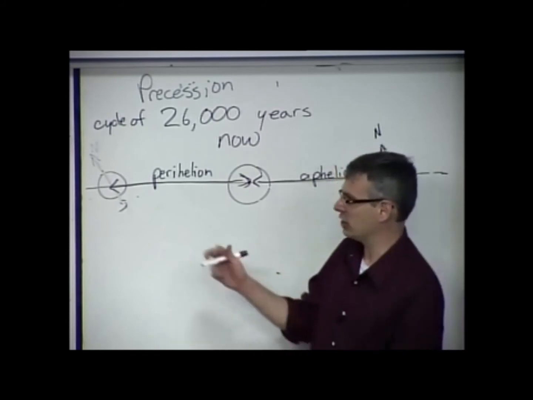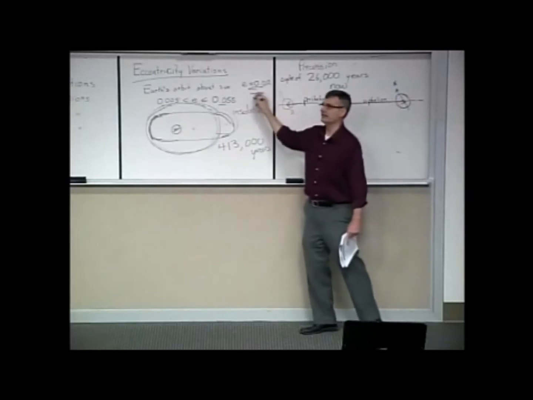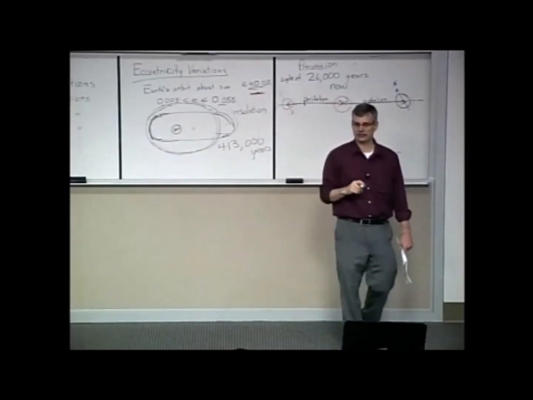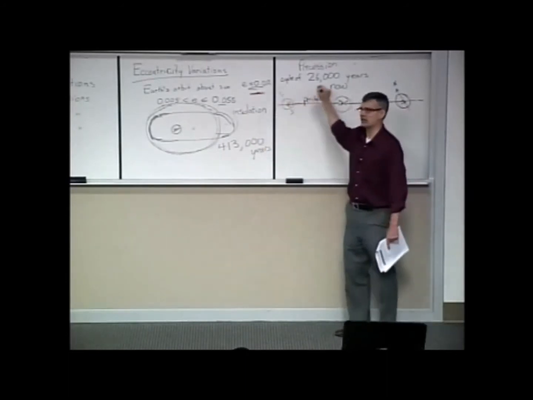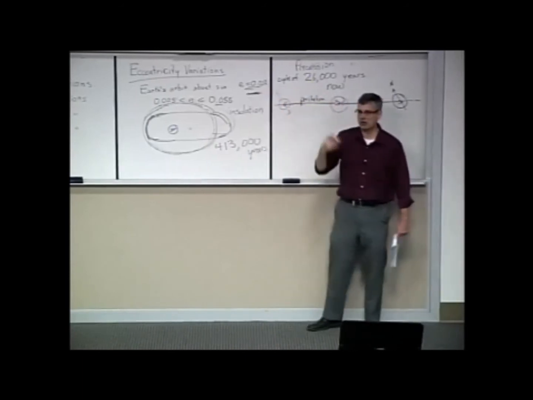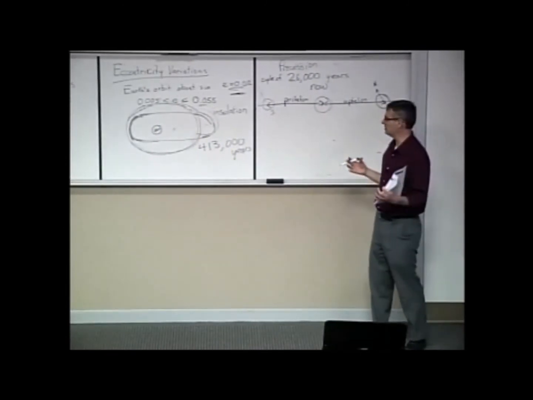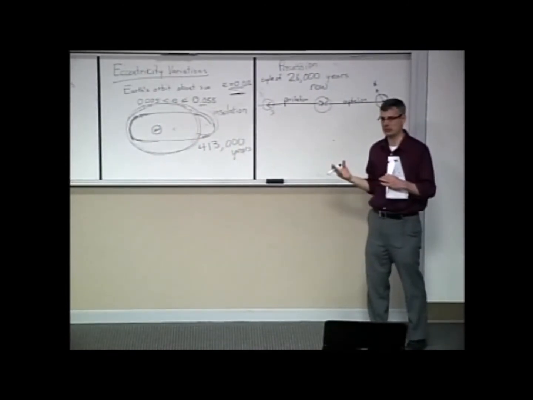Now, of course, at the current time, the planet is not particularly eccentric in its orbit. So these are two phenomena that can reinforce one another. You don't see much of a change when E is 0.005, but you may see a more significant change when E is at its maximum of 0.058.